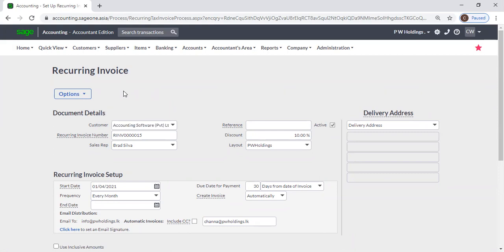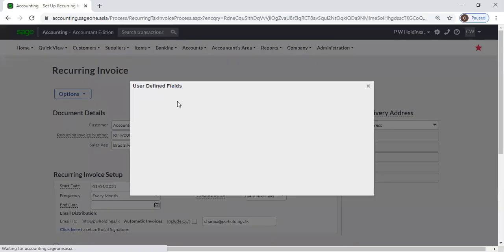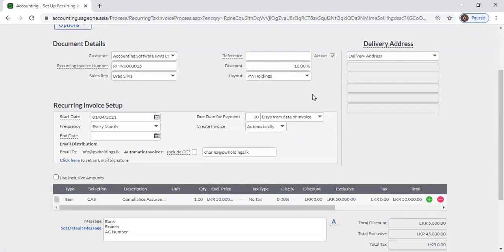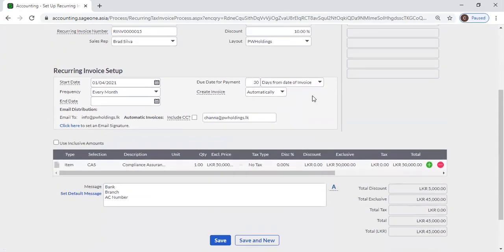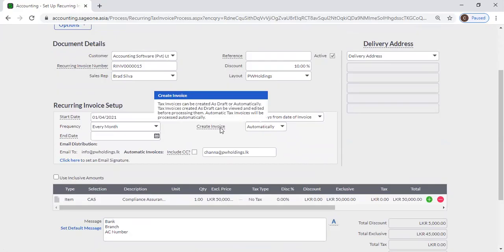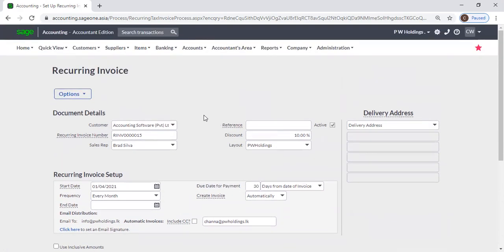Okay, next you can enter those user defined fields also by clicking this options button. Okay, hope you have entered those recurring invoices. Next, we will move to